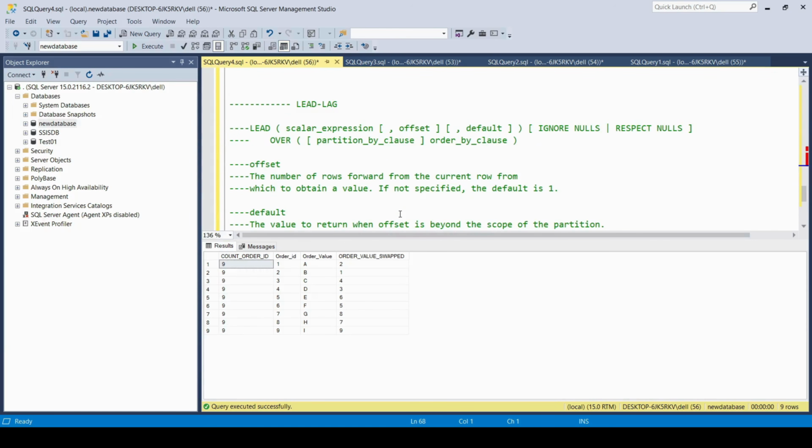Okay, we have two things, LEAD and LAG. Just go with the name. Lead means one step beyond and lag means one step